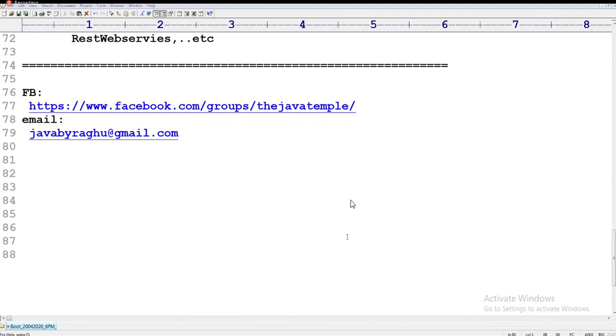OAuth 2.x is covered, sir, here. Yeah, Spring Boot MVC is covered, not Spring MVC. Fee, just communicate to front office. Yeah, OAuth 2 also covered. If you don't know advanced Java, please don't join here. Minimum requirement is core Java and advanced Java. MongoDB also covered. Docker is covered.